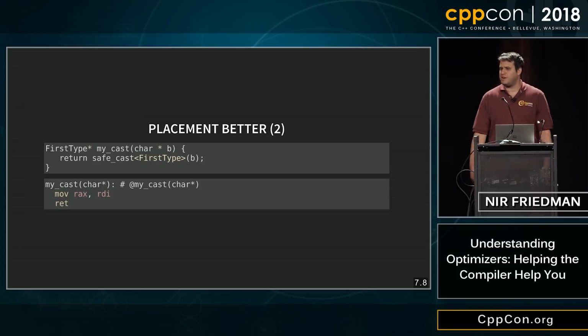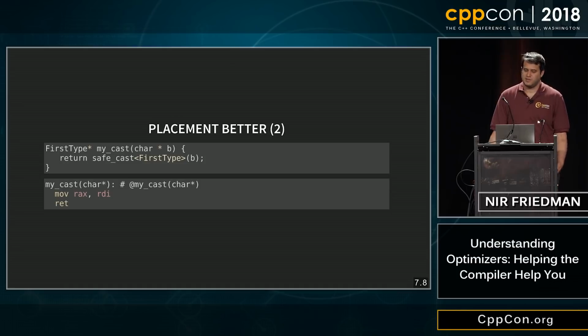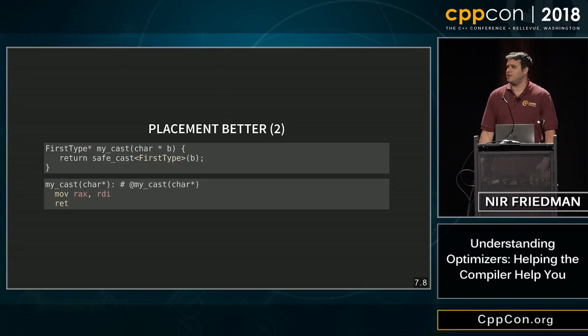There's a new problem that's been introduced by placement new. Can anyone tell me what it is? I introduced a new problem, right? It's like trying to cover a large animal with a very small piece of cloth, like you shift it around and a different part of the animal's not covered, right? What's the new problem? What's that? No. The new problem is that it's not const correct, okay?